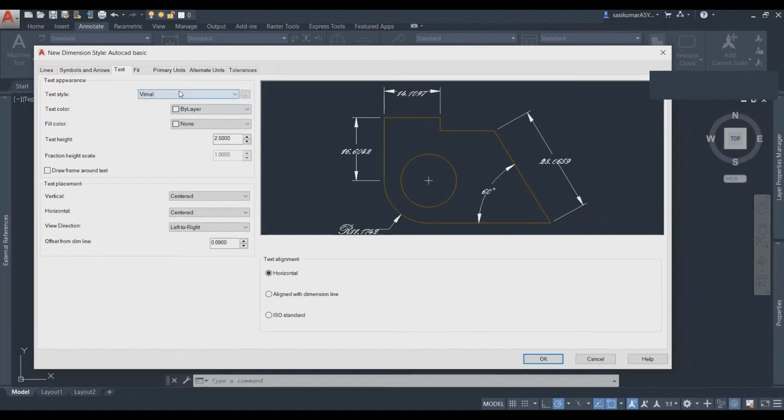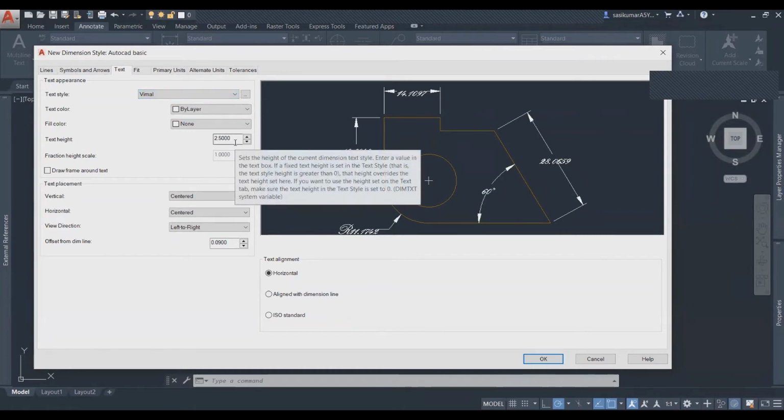But when you customize, you should follow the standard. Your standard style is the standard text style, not Vimal. Any other name like bold or italic or whatever depends on the requirement. You can change it. The text height is 2.5. It should be the minimum. You cannot go lower than 2.5.